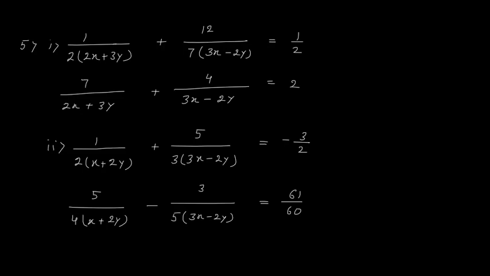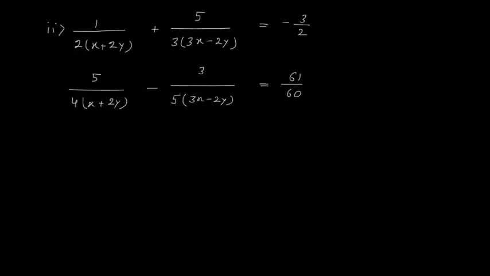What we assume here, actually if you see, 2x plus 3y is in the denominator in both the equations, and 3x minus 2y is there. Now in problem number 1 and problem number 2, in both the cases the denominator variable is the same. So let me try this second problem. It seems a little complicated, as here it is 61 upon 60. So here what we do, let us consider this as equation 1 and this as equation 2.